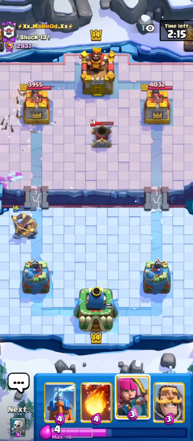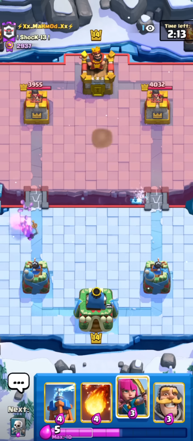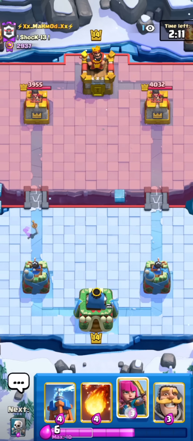And then Ice Spirit should clean the Archers up with the log, so I can maybe get a small lock here. Okay, not even 1 bolt. That's unfortunate, but...